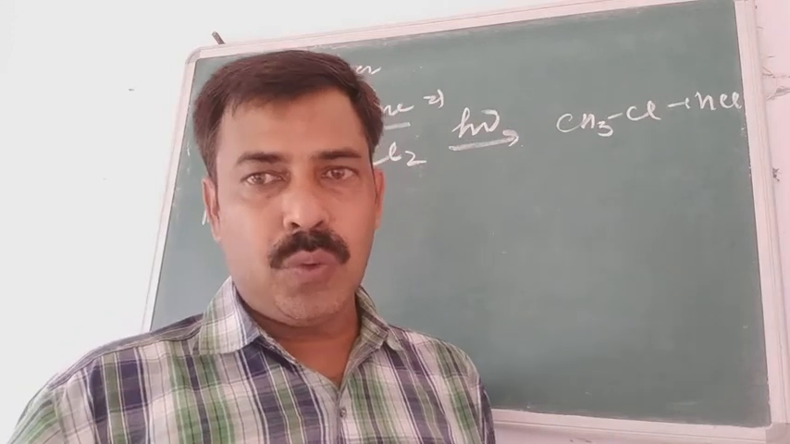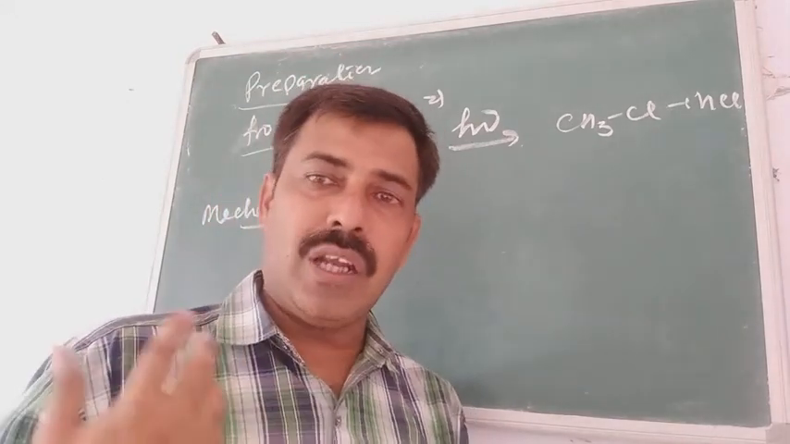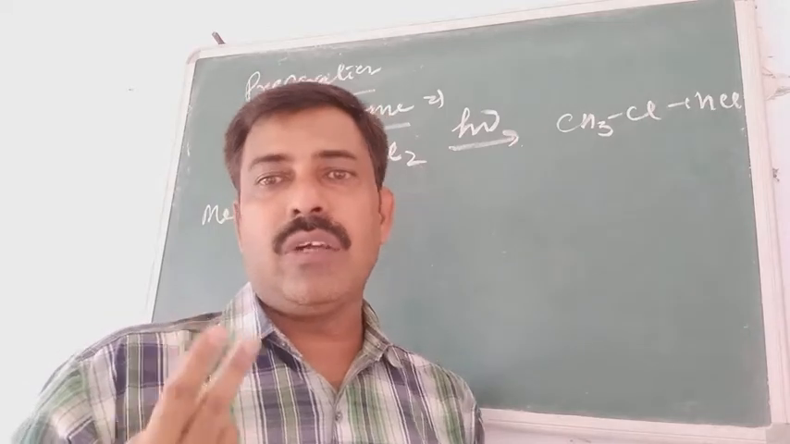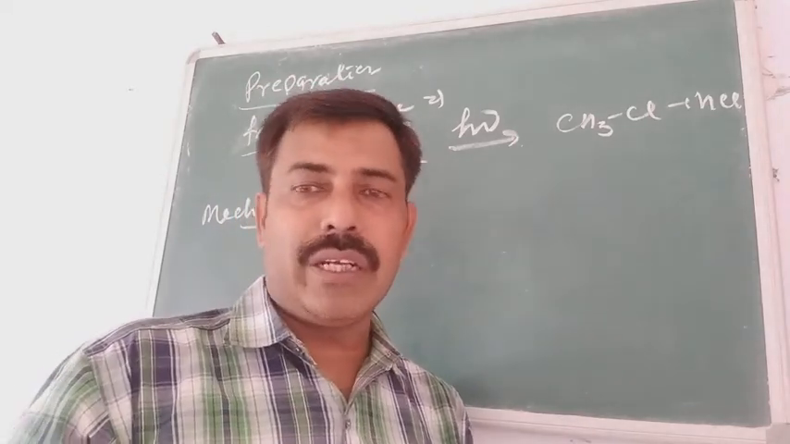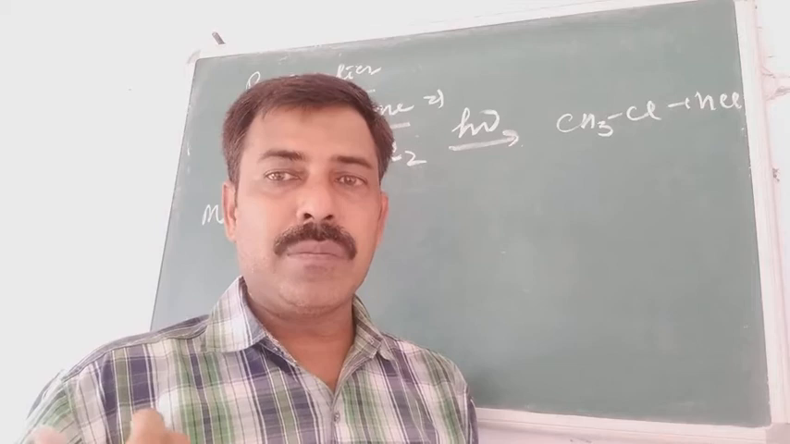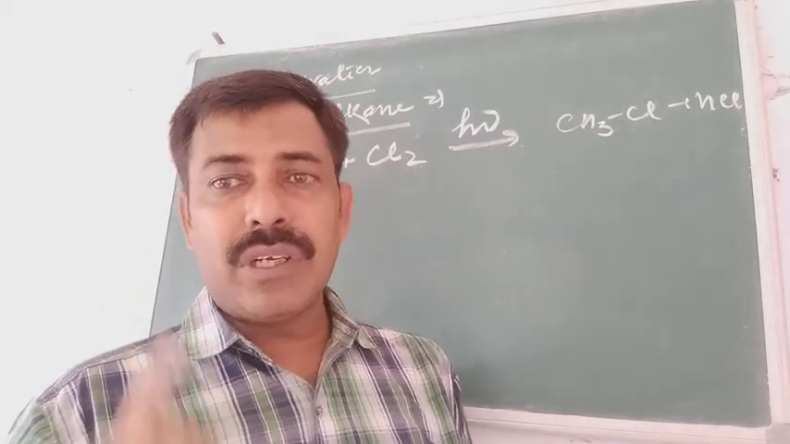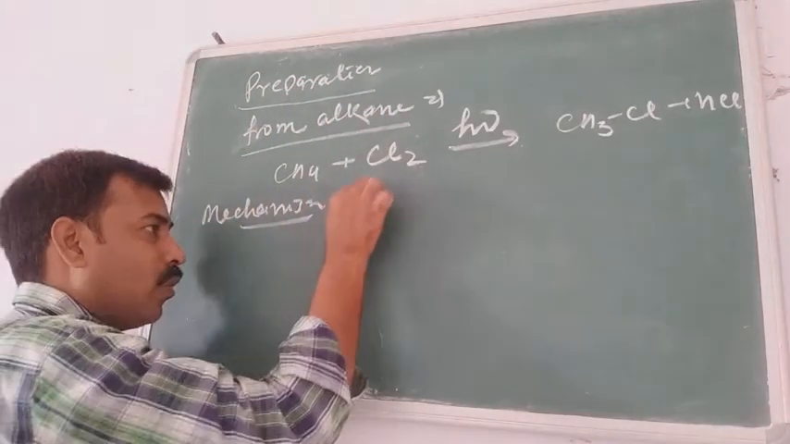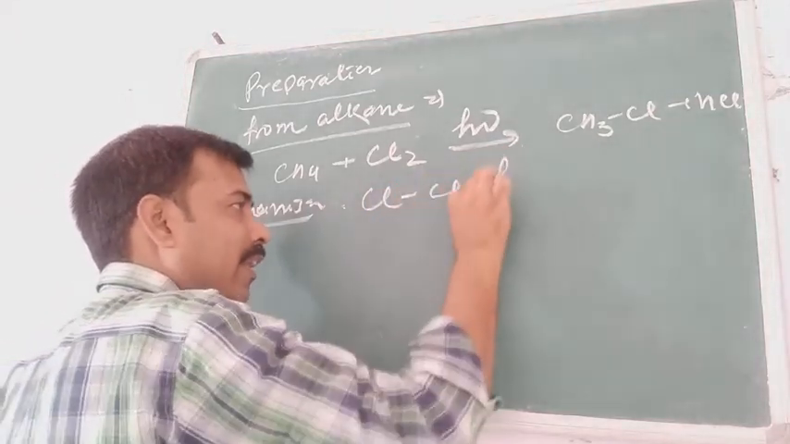attacking group. There are two reactants, as you have already studied last year in class 11, that there are two types of reactant. The first one is called the attacking group and the second one is called the substrate. Then the first step will be the generation of the attacking group, and here it is the chlorine reacting with